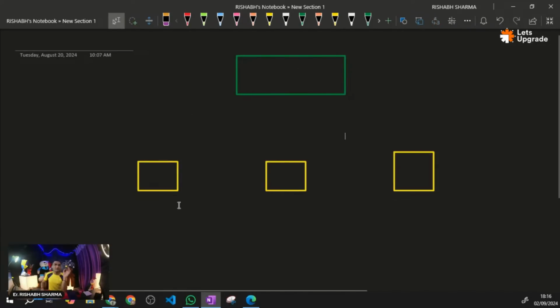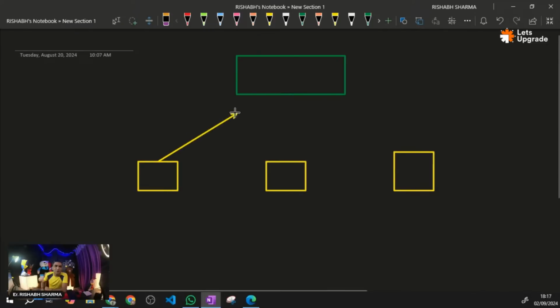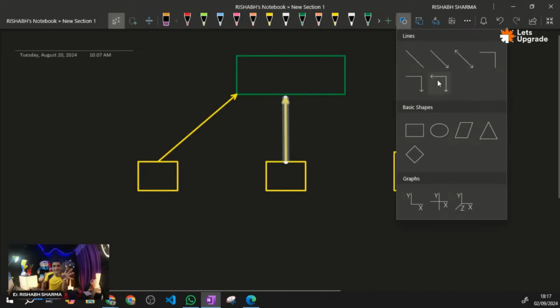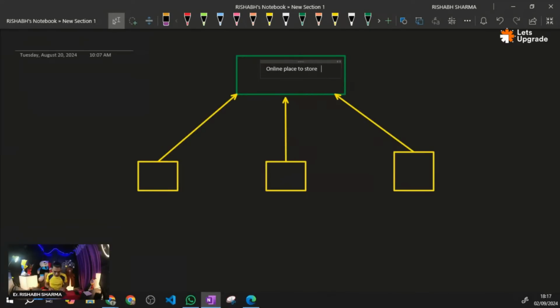This developer A will commit their code here, developer B once done with the code will commit their code over here, and the same is the case for developer C. So this is an online place to store code.